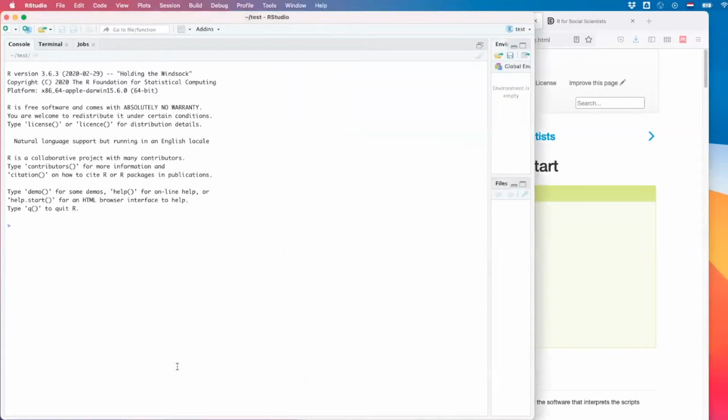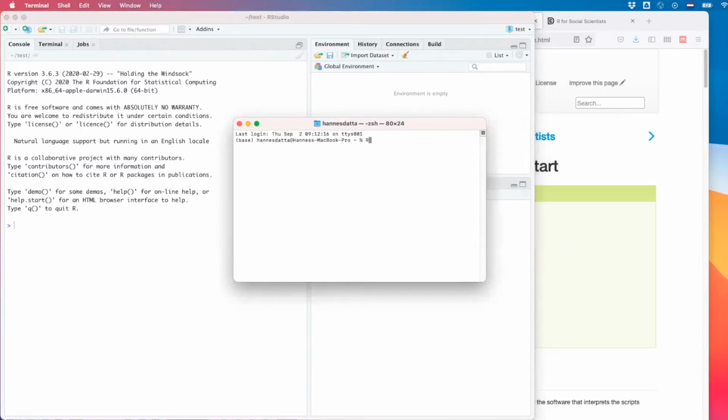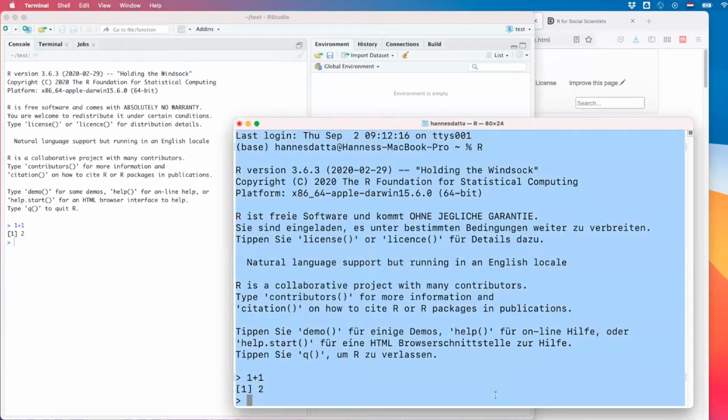So something that you'll notice is that R looks kind of friendly, at least friendlier than opening R in the command prompt, which you can do too because you install it. If you just type R in the command prompt, R shows up too, right? You can do the 1+1 thing, or you can do it here. So what's the difference between starting up R and starting up RStudio? Well, this is how R looked when it was first on the market in the 80s. Command line interface, no graphical user interface whatsoever.